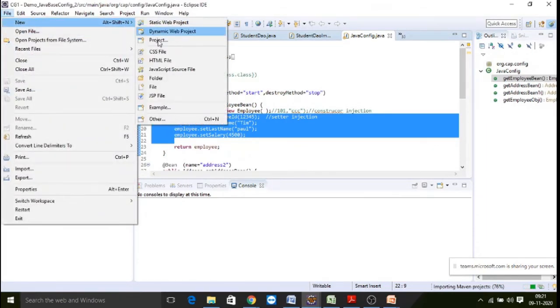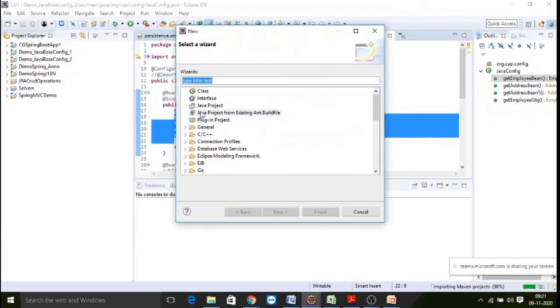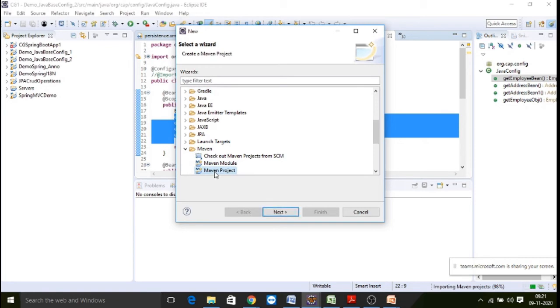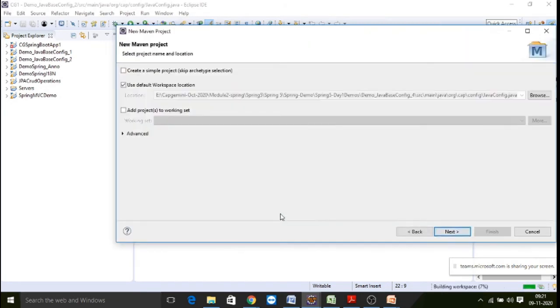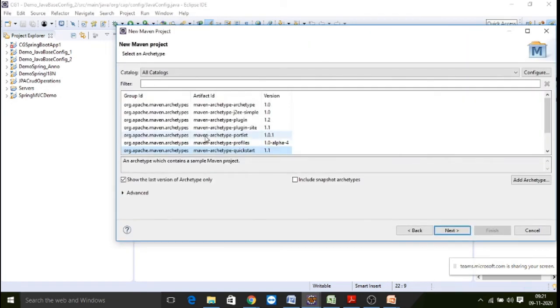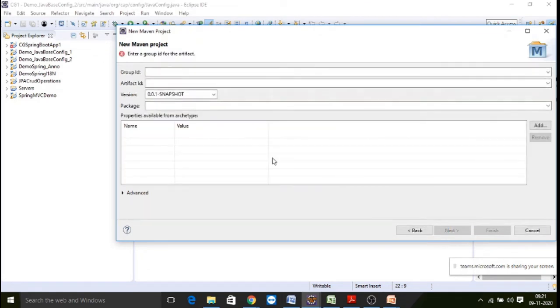File, new, other, go to Maven, create a Maven project. Next. When we create a Maven project, we simply take the quick start archetype, com.cg, and the artifact name is CG Spring Boot app 2.